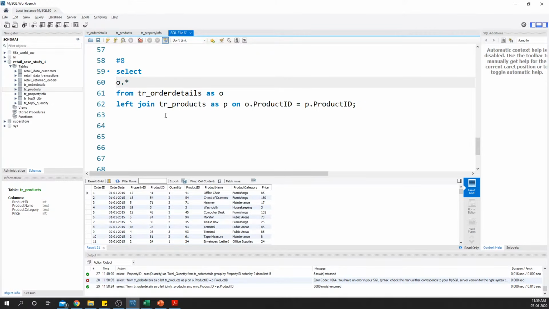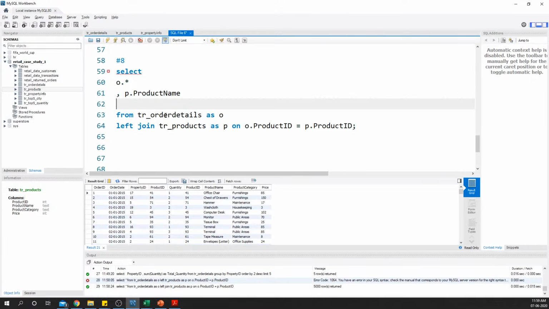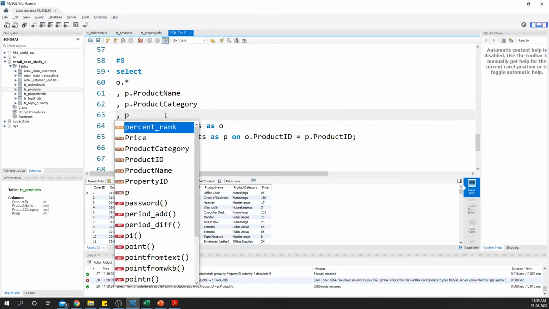That means give me all the columns that are there within that, and I want just from P, right? We want the product name, right, comma P dot product category, and comma P dot